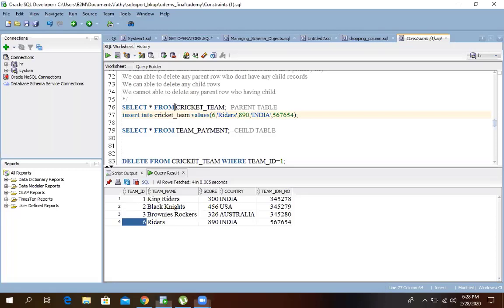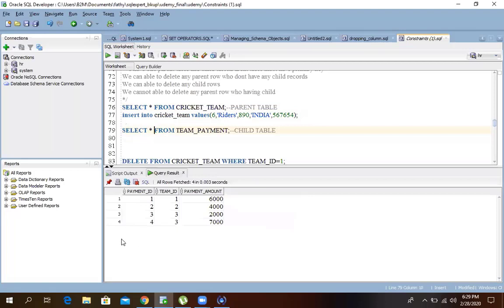So now here, see, I am executing on my parent table. I inserted one new row into the cricket team. The value of team ID I gave here is 6. Am I right? But if I check in my child table, till now I didn't insert any child for 6.